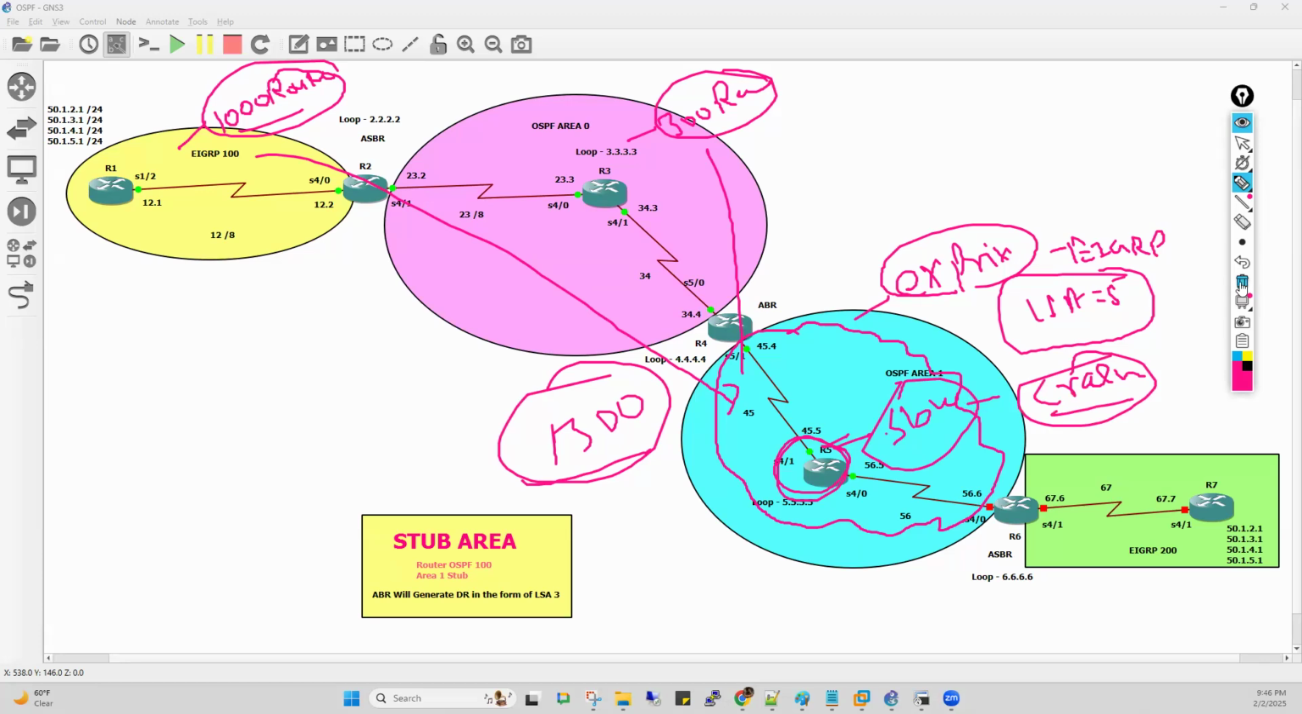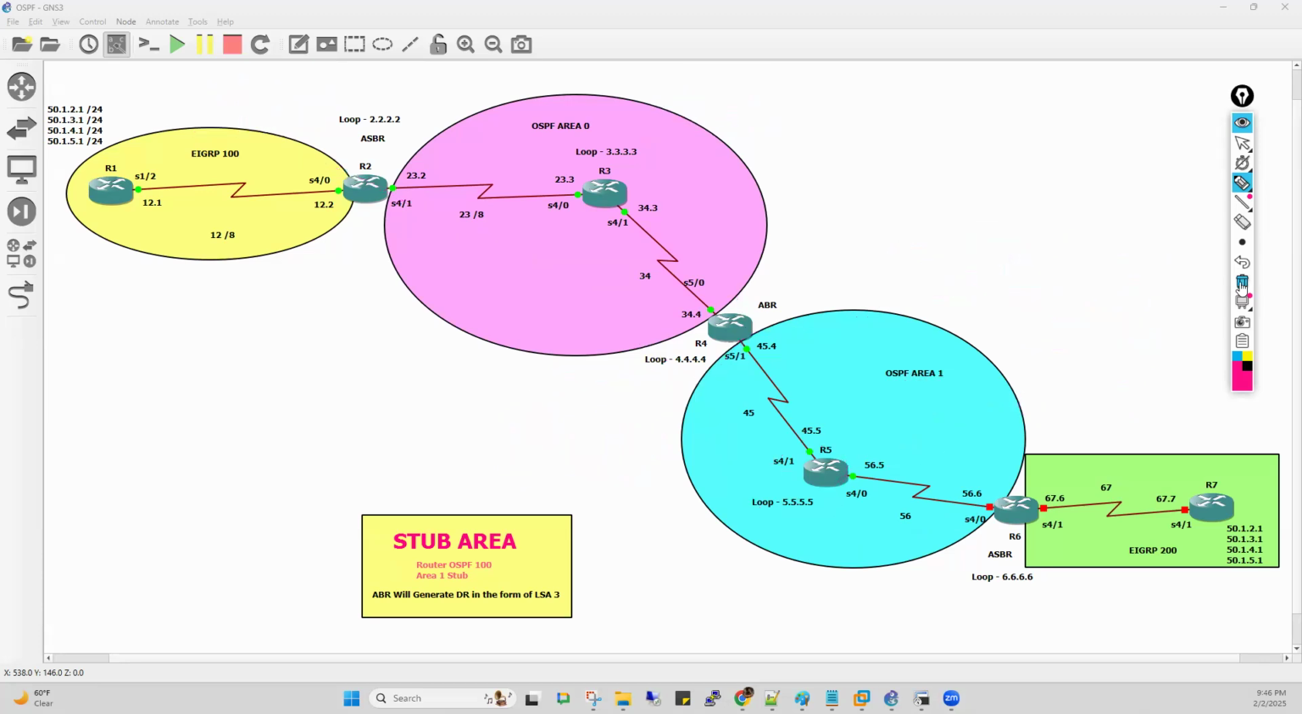If we want to avoid this type of scenario, what can we do? What is the solution? In OSPF, there is a concept of stub area. So what do you mean by stub area? Please remember, guys, when you configure the stub area in OSPF, external routes